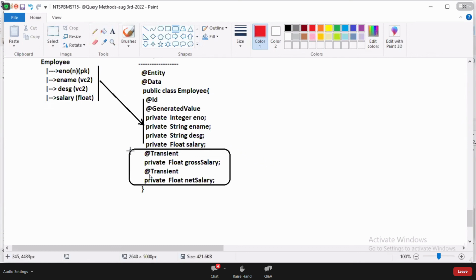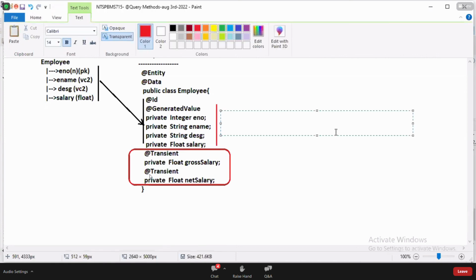For you only I have written this scenario, to make them non-serialized. These are persistible properties, mapped with DB table columns.